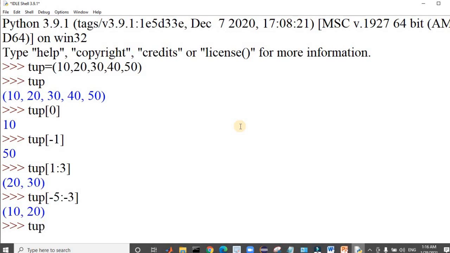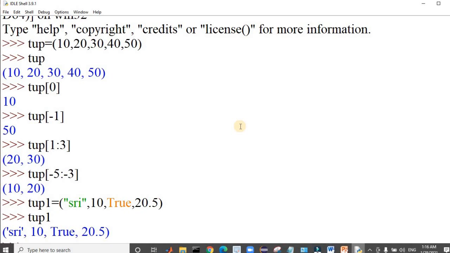Here, using the tuple, we can also initialize values. We can also include values of different data types in a tuple. Okay, let us see how this works. I'm adding a string, adding an integer. Similarly, we can store a boolean value. Similarly, we can store a floating point number. If you would like to print the tuple again, you can see all the values get printed. So this is how we can work with a tuple.